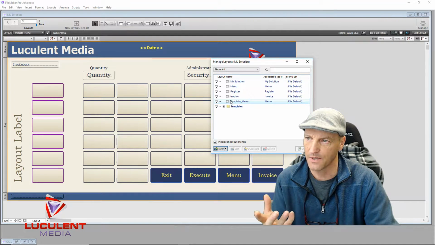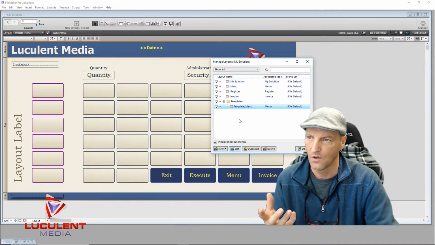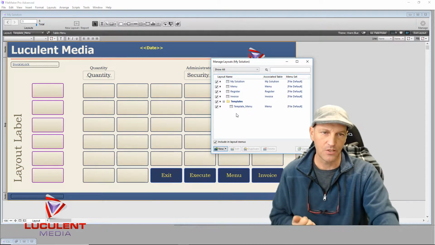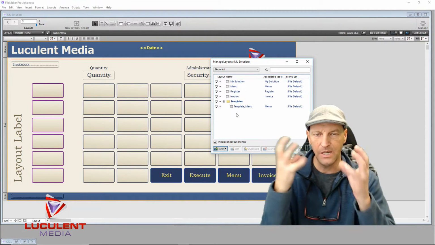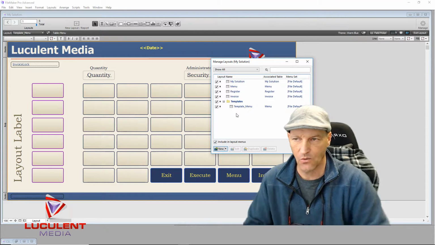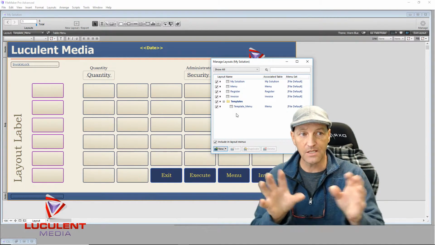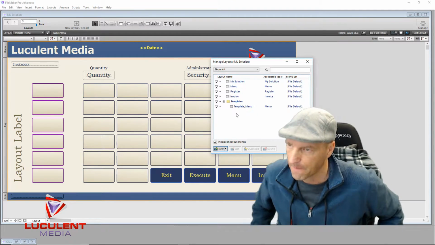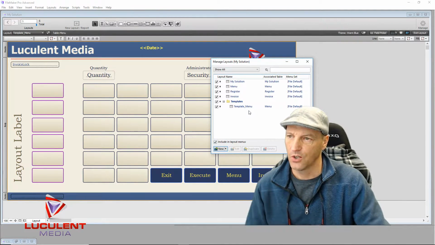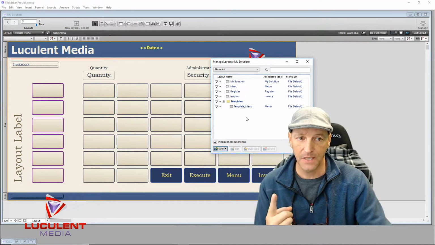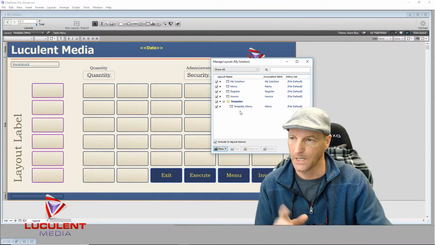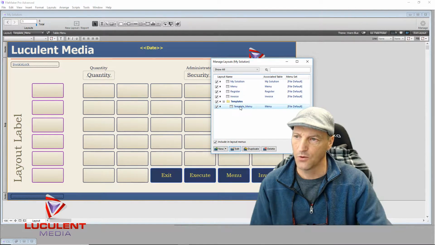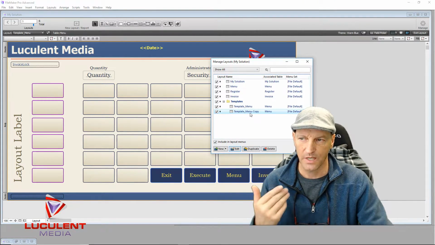So if we grab this, we go to these little double things and we come over here, we can actually add it to our templates folder. That way we're going to keep track of every single thing that we do, and all of that stuff will be just exactly how we want it to be. Now I'm going to copy this, and I'll show you why in just a minute. If you just click on it and you duplicate it,